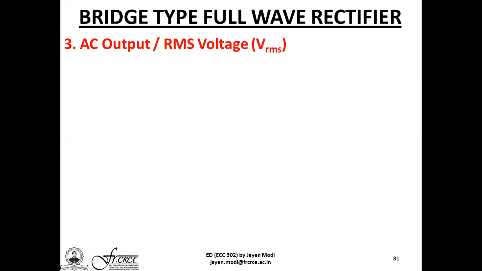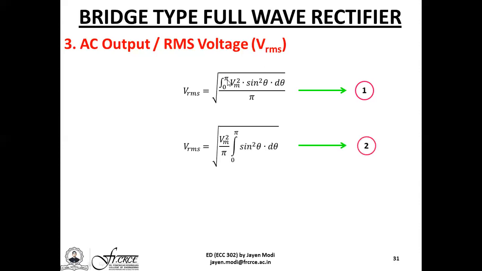Since we have root mean square, the mathematical expression is given by VRMS is equal to square root of integration 0 to pi Vm square into sine square theta d theta, the whole term divided by pi. It is root, so we have a square root sign. Mean, the whole term is divided by the length of base, that is pi, and square. You have Vm sine theta, the whole term squared up between the limits 0 to pi. Once again, since Vm and pi are constant terms, they will be just taken outside the integration sign. So we have VRMS is equal to square root of Vm square by pi integration 0 to pi sine square theta d theta.